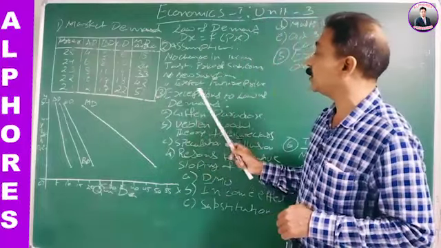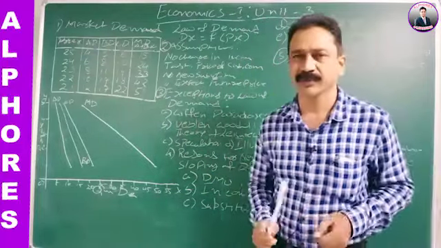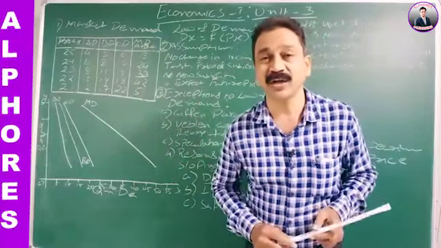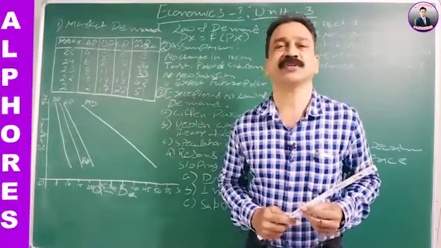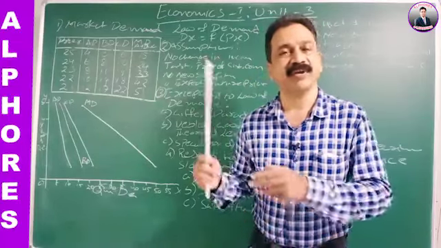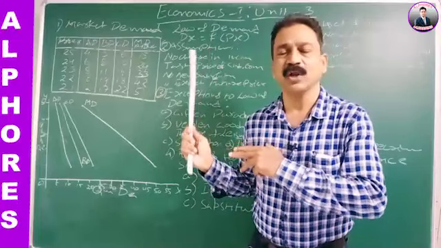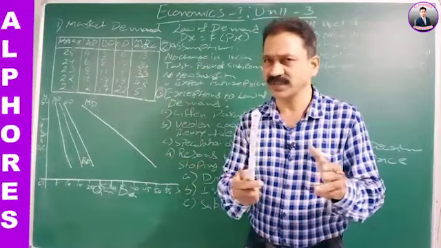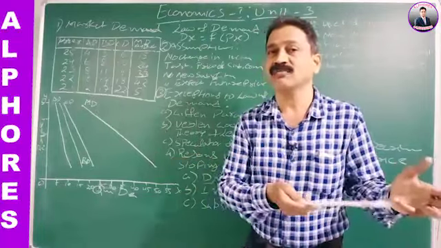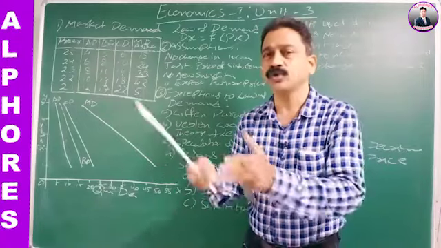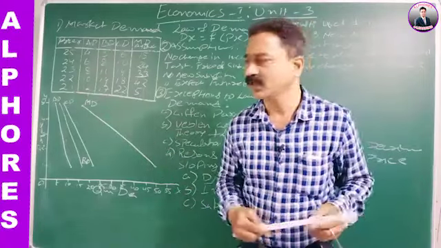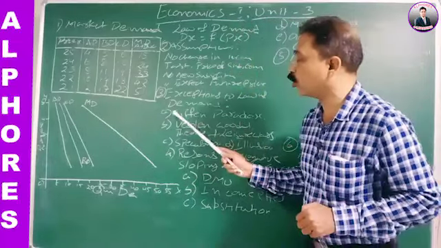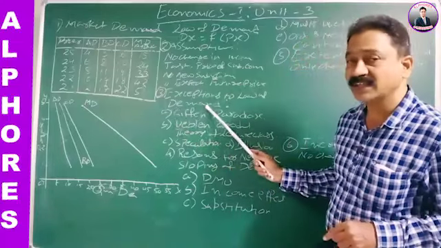Expectation, no expectations of future prices, then automatically price will influence the demand. Now we will see the exceptions to the law of demand. See, for anything and everything there will be some exceptions. Particularly every law will have an exception. Even our economic laws. You have seen already, there are plenty of limitations to each and every law. What are those? Out of the assumptions all those limitations did come. Do you remember that? Here also we will see the exceptions to the law of demand. There are four exceptions to the law of demand.